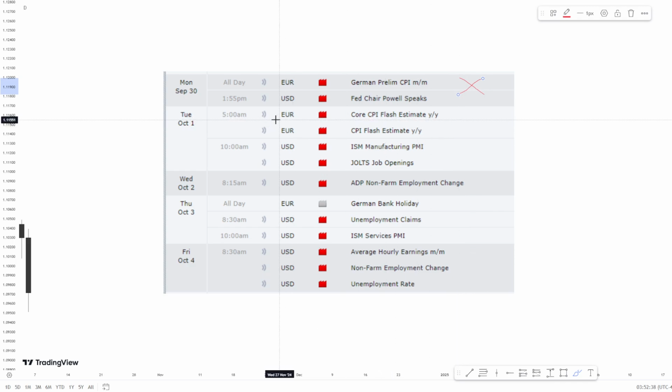You can see we had CPI and we had a low impact event on the dollar. So Euro CPI is not something I would try to avoid. I can take a trade prior, I can take a trade after, depending on the framework that I can see in the market. But for the US dollar, I would never take a trade prior to the CPI. I would never do that. So I engaged on Tuesday due to how Monday traded.